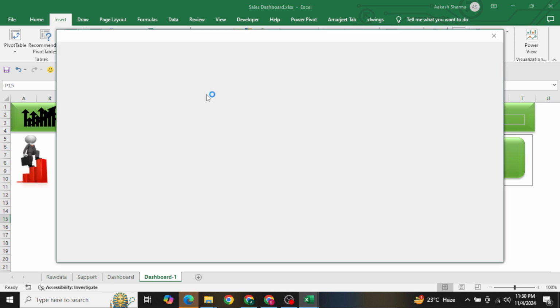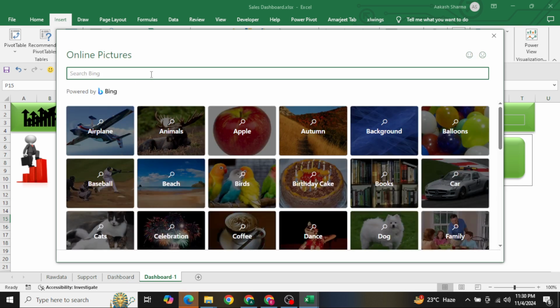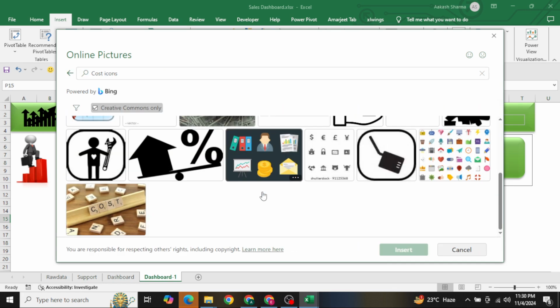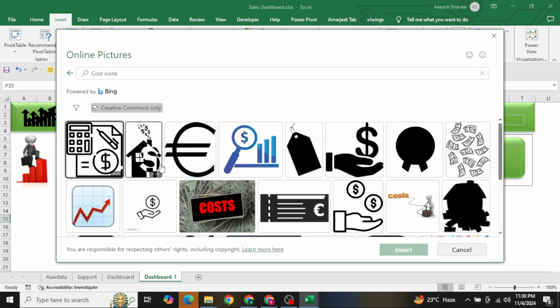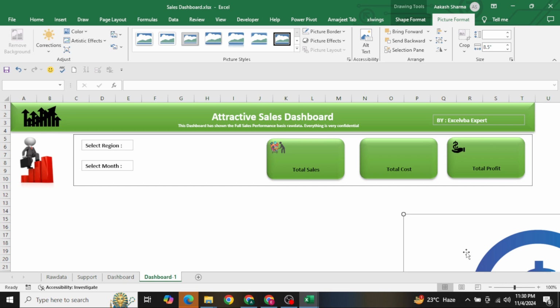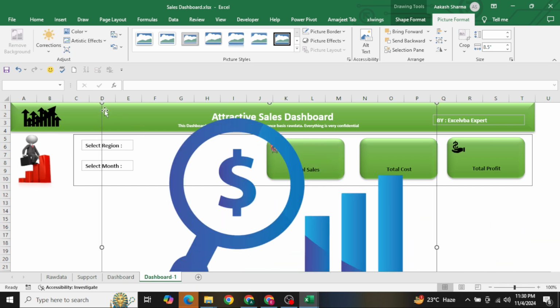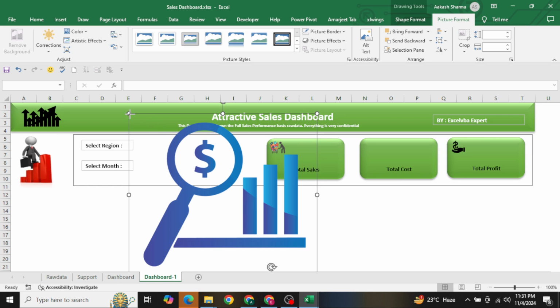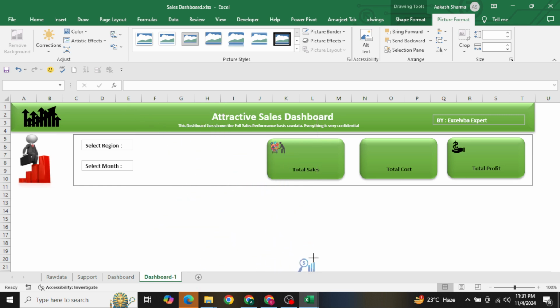Now we almost have done the formatting part. Cost icon, cost icon, and let's take this one. See, the decoration is something which is in your hand. What you actually have to show is something in your mind, your practice and your analytical mind. The very, very important thing is